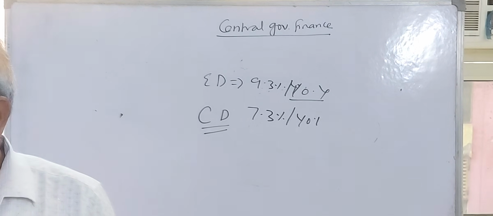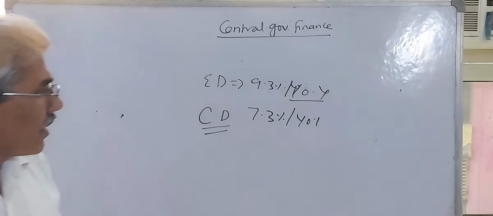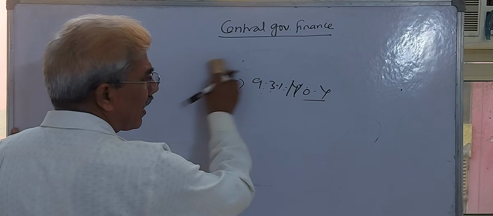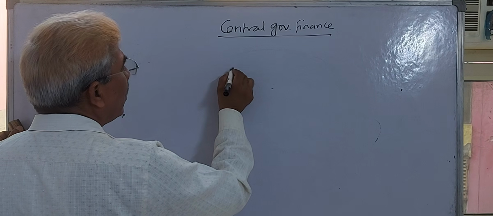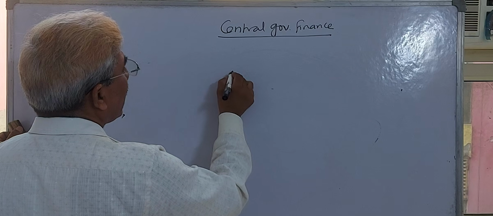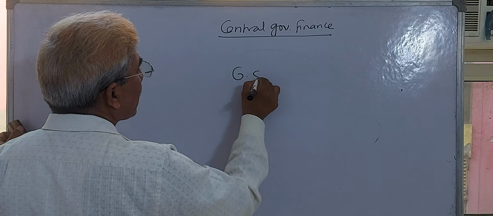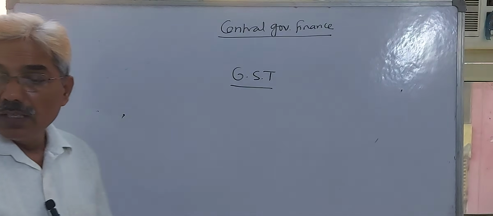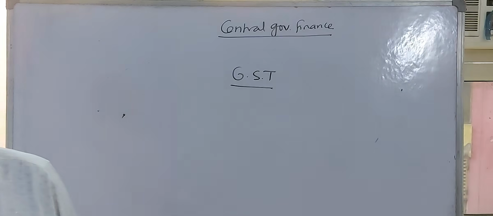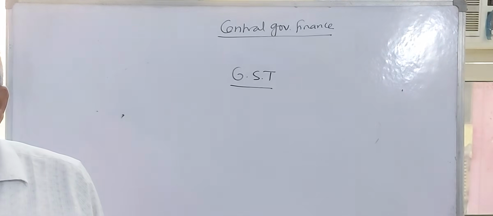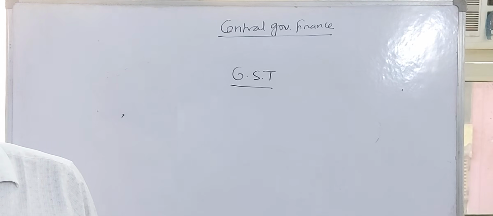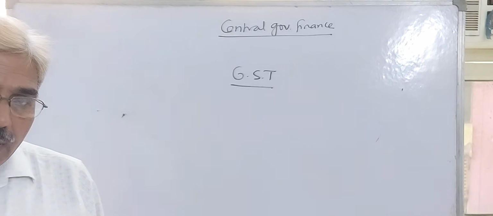The last and very important tax is GST, goods and service tax. You know, the government imposed it at midnight on 1st July 2017, that is goods and service tax or GST. I would like to share something. What is the effect of GST? Formalization of the economy, stabilization of the economy. Government revenue has been consistently increasing since we implemented this GST,